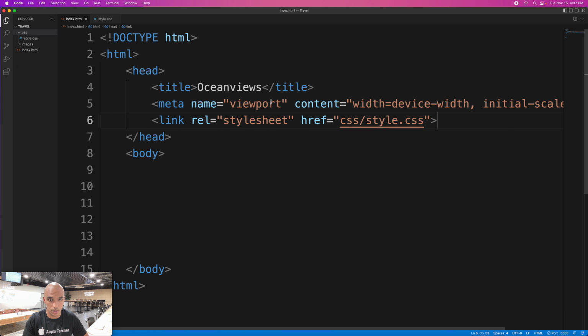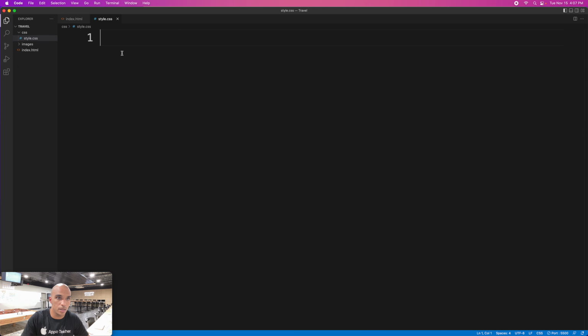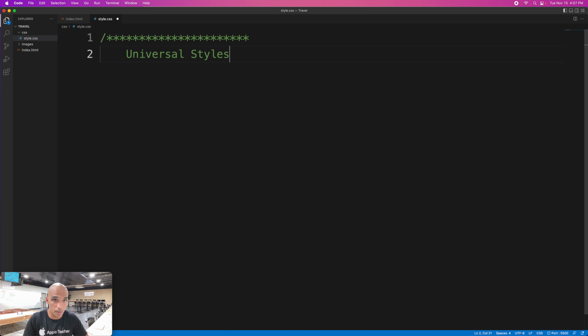What I like to do to make sure that it's linked correctly, go ahead and put your universal styles in first. Whoops. This is just how to make comments in our CSS. Don't worry about how many stars I put. I just like to organize my work. Good. That closed the style, and now we're gonna go, the symbol for the universal selector is the asterisk,